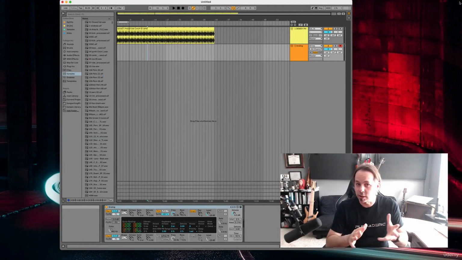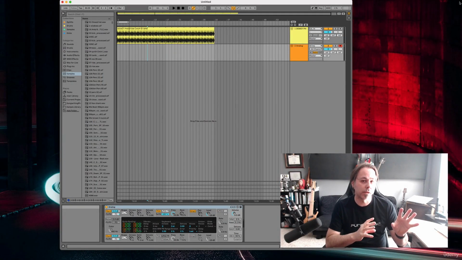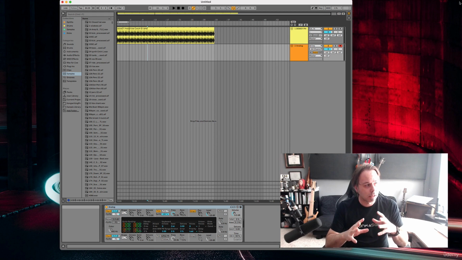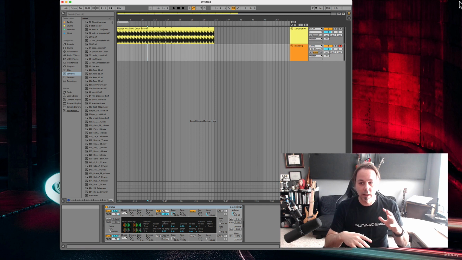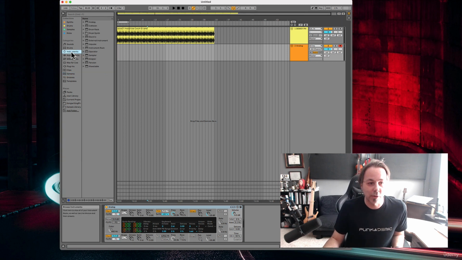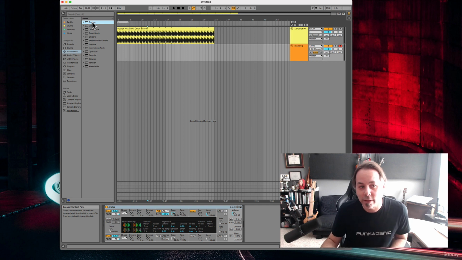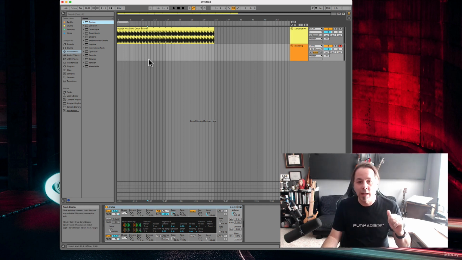All right, so let's get started applying those concepts we just learned, and let's look at first Live's analog synth. Now we're going to look at all of the Ableton instruments, but we're going to start with analog. Okay, so if we go here to instruments and analog, so I just put the plain default patch onto an